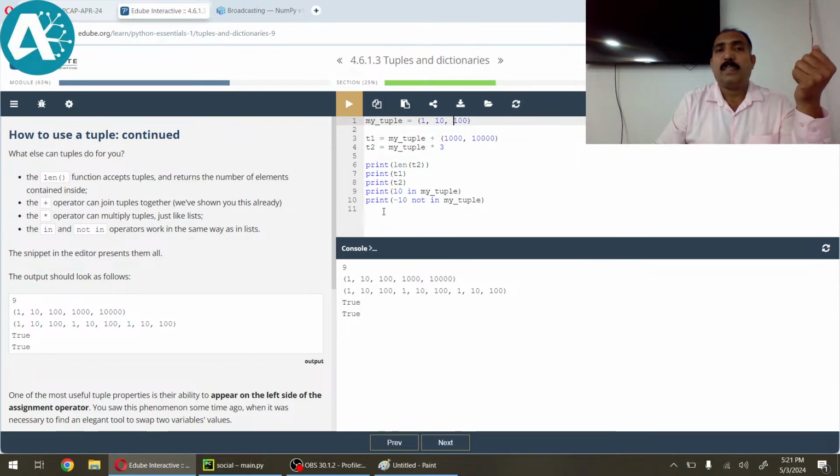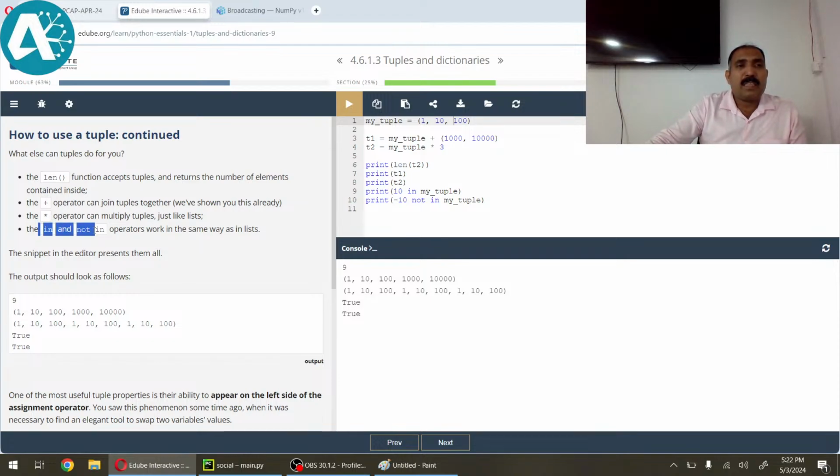And print 10 not in my tuple. So 10 is in my tuple, yes, it's true, and -10 is not in my tuple, that is also true. So it will return true or false, for in or not in. You can see here multiply can be used like this. The plus operator will join the tuples, and the star operator will multiply them. Got it? Next is